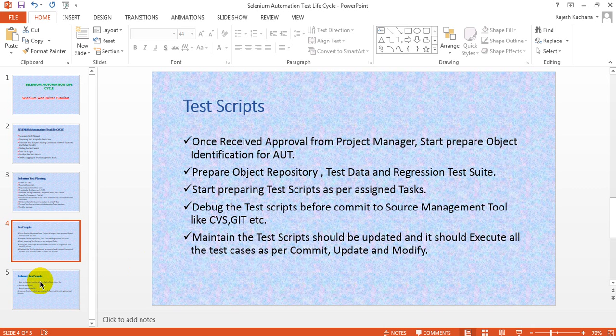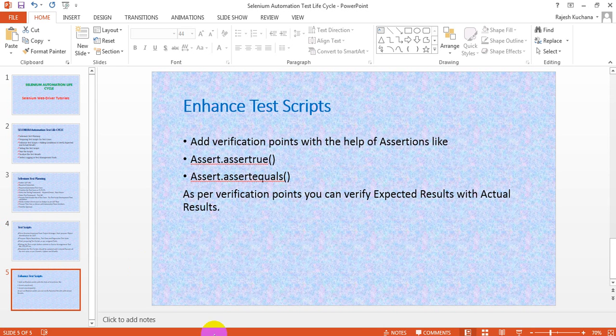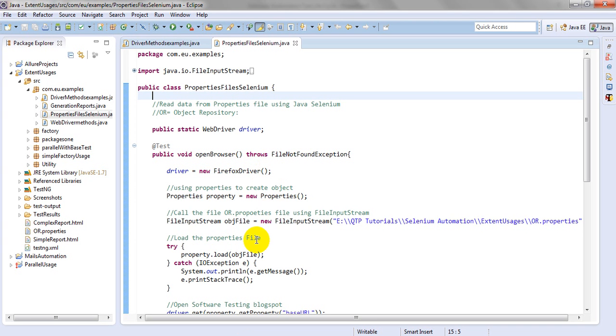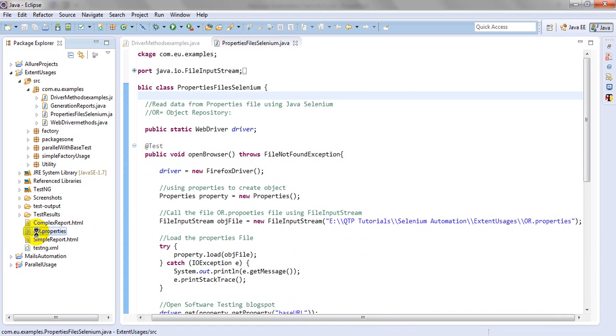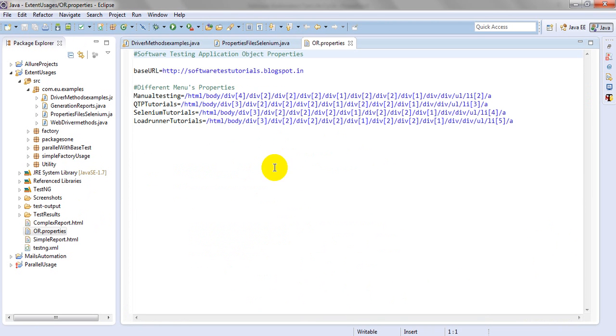Okay, next coming to enhancing your test scripts. Enhancing your test script means, suppose I am using an object repository in the OR.properties file. I am using menu properties, which is an XPath, for each menu. I am using XPath, and the base URL I am receiving from this OR.properties file.